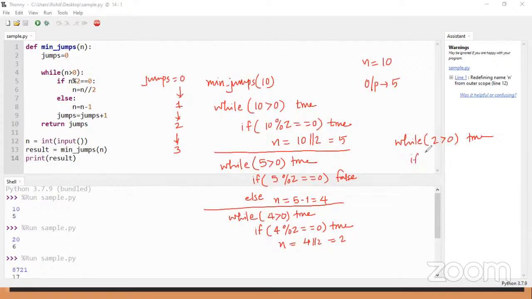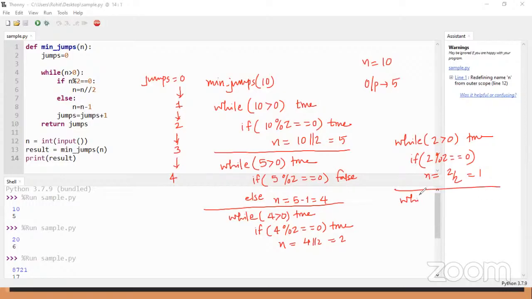And you will check if condition one more time, which is updated value of n modulus 2 equals to 0. So 2 modulus 2 equals to 0, right? Correct. So go with the new calculations of n, 2 by 2, that is 1. And increment the jump value, that is 4.